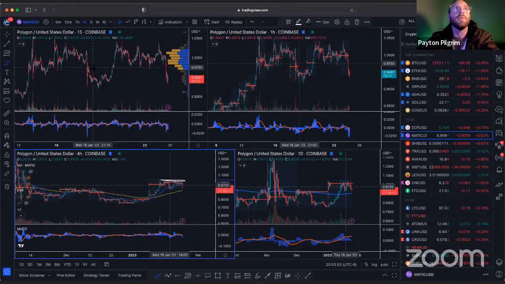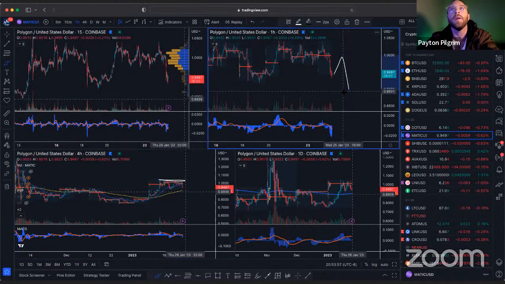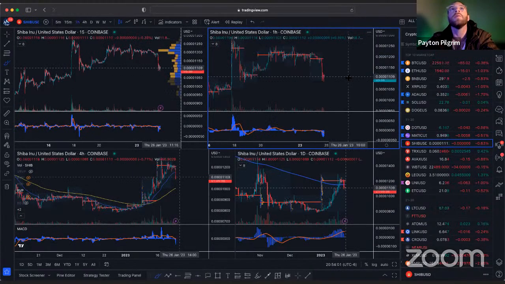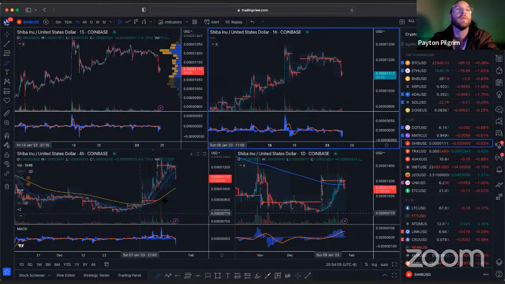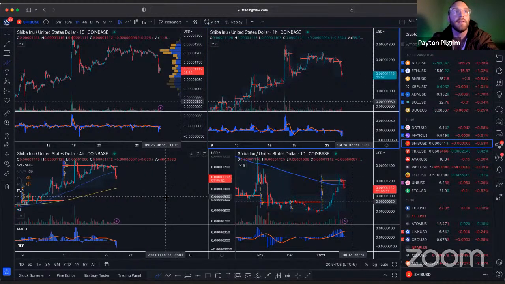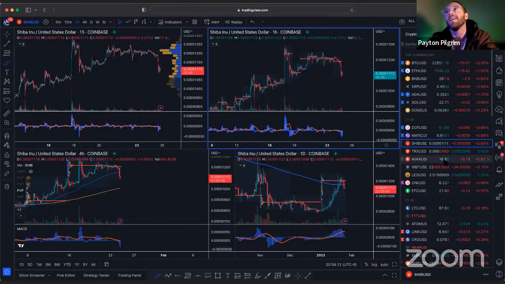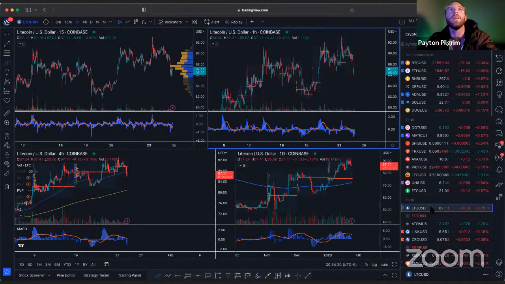Looks like some distribution, and just this is incoming. And that sucks for people who just get FOMO and buy, because markets do some things. That does suck. Stellar, same thing. Look, man, these are looking bearish. Sometimes I'm way early, but I can almost feel the